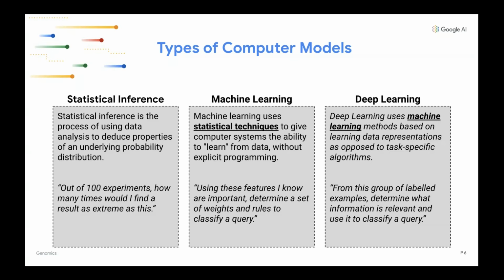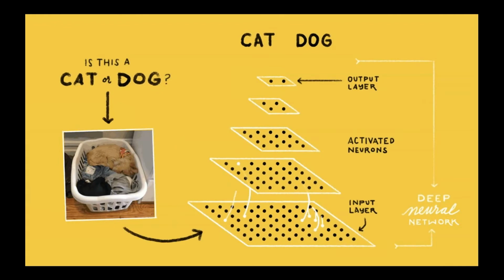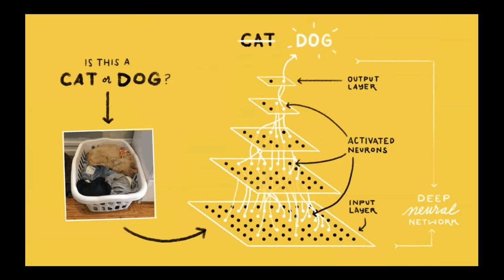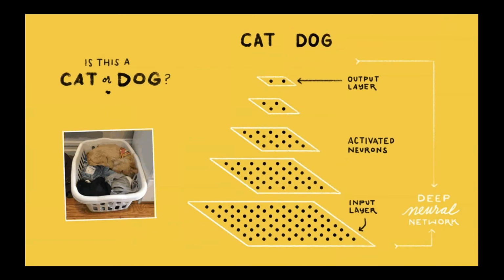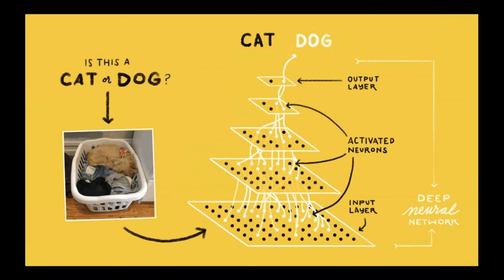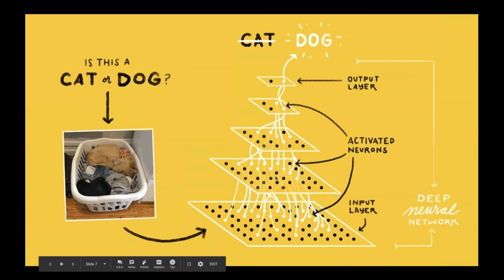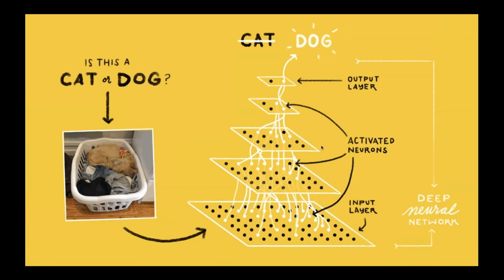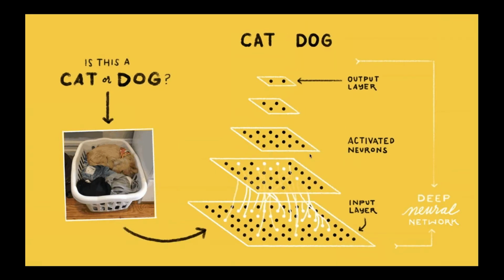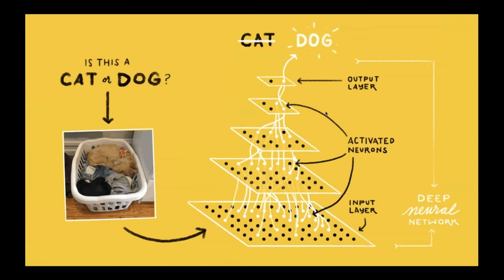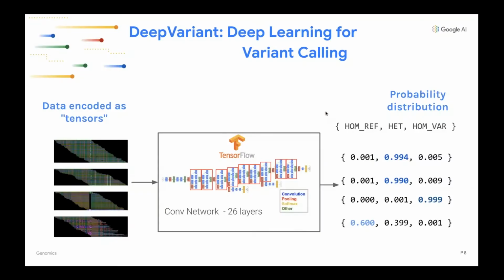And Google AI puts a lot of effort into developing frameworks for deep learning-based approaches in general. So these deep learning neural nets consist of layers of neurons that connect to each other. The lower layers of the network tend to learn local information, more granular things. In vision, this is stuff like edge detection. While the upper layers of the network learn more abstract concepts, and finally lead to a classification. So DeepVariant uses this framework and repurposes an image classification architecture called Inception v3,